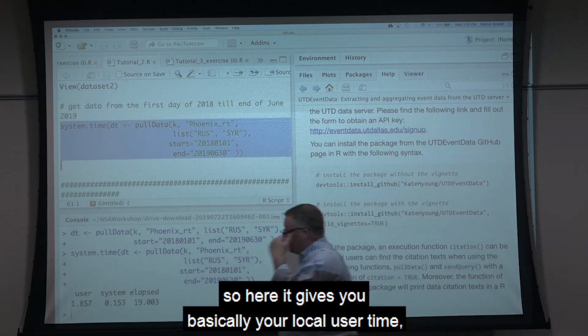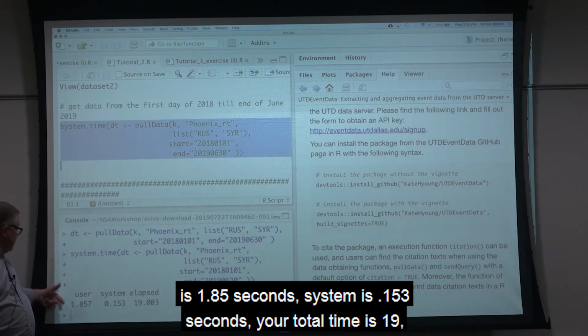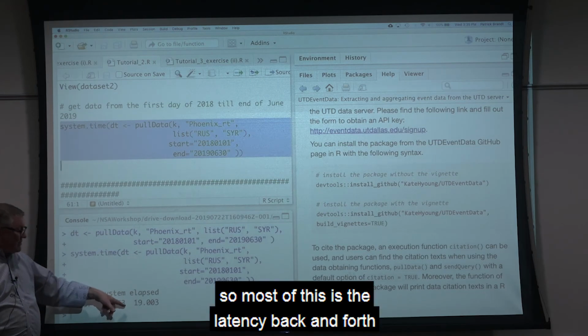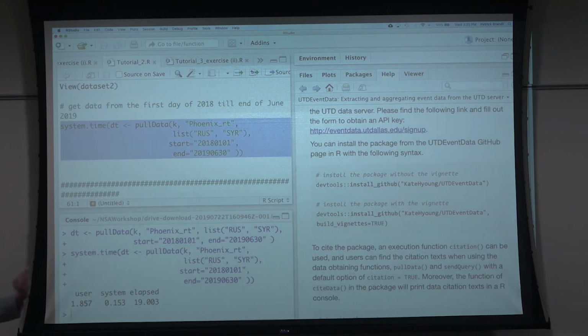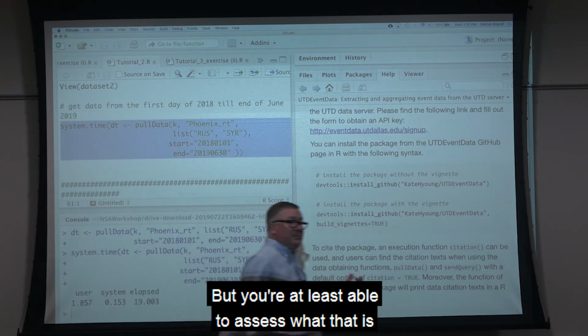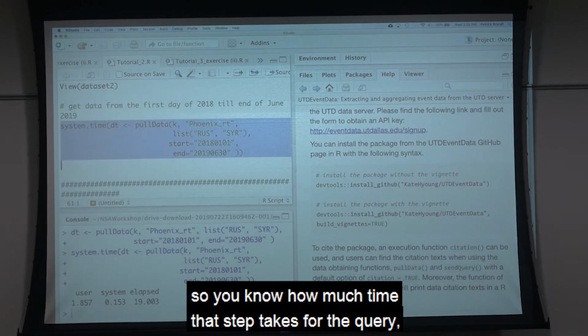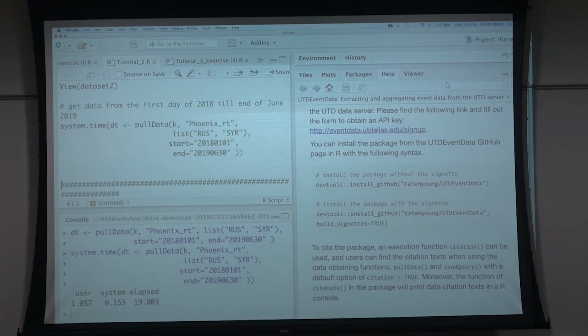So here it gives you basically your local user time is 1.85 seconds. System time is 0.153 seconds. Your total time is 19. So most of this is the latency back and forth to the server in Indiana. Translation, get yourself on the backbone. But you're at least able to assess that, so you know how much time that step takes for the query. That's why I put that out there. So that does